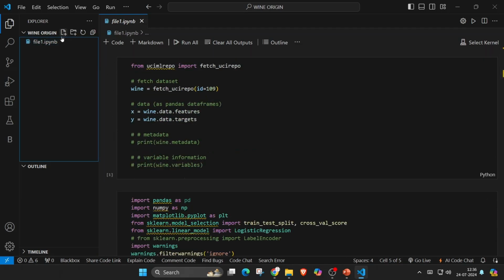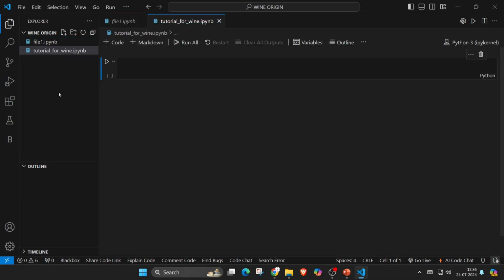Okay, so now I want you guys to click over this new file over here. Give whichever name you want to give. I'm writing tutorial for wine dot. Now this extension is important: IPYNB. Don't use .py. I want to use a Jupyter notebook over here. Why Jupyter notebook? Because